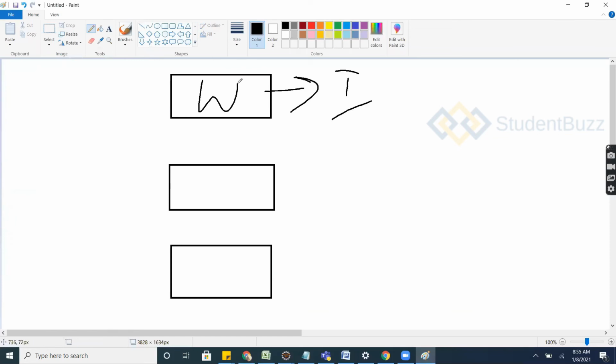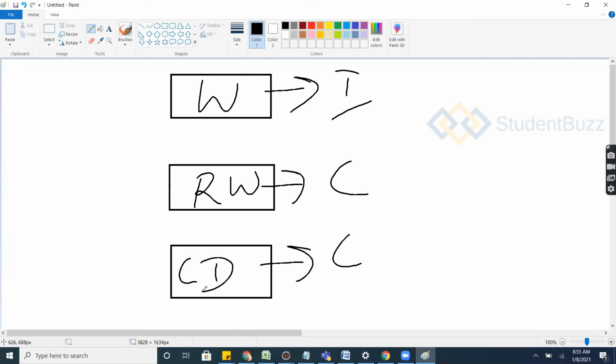RemoteWebDriver is a class. ChromeDriver is also a class. The WebDriver interface is implemented by the RemoteWebDriver class.